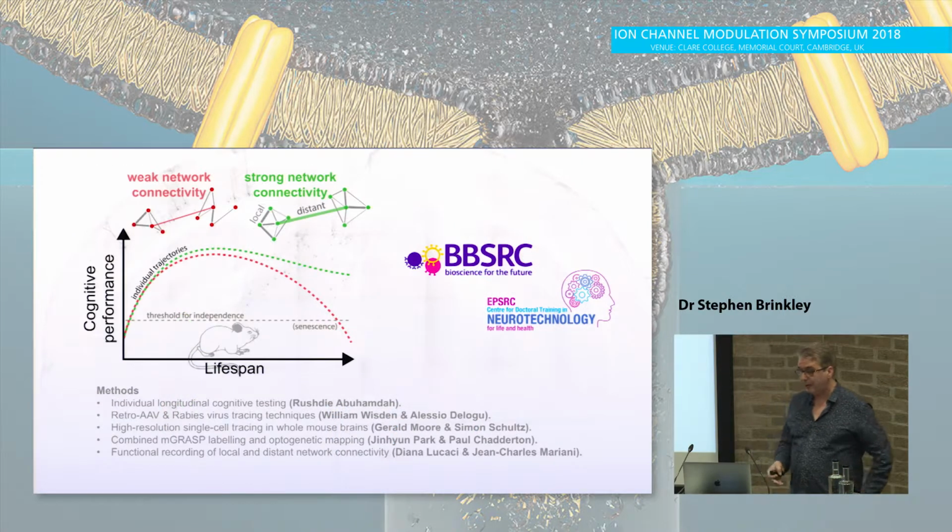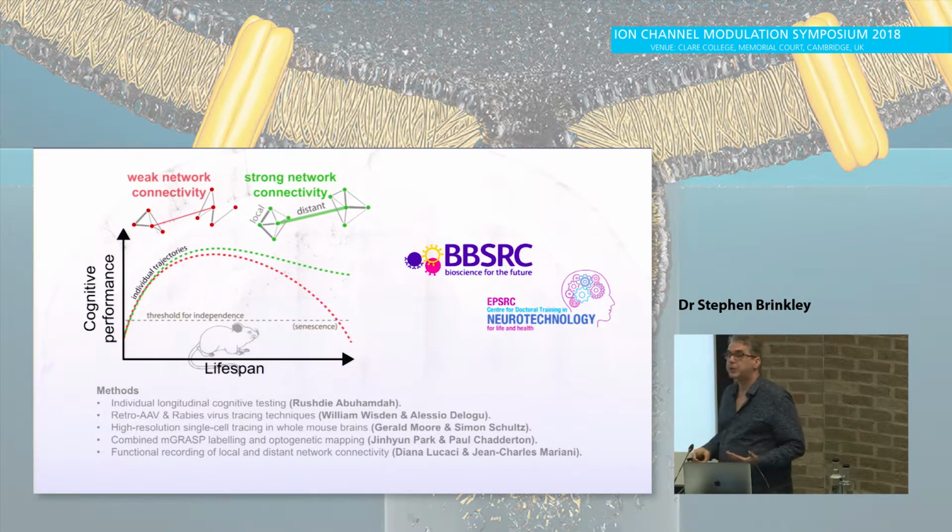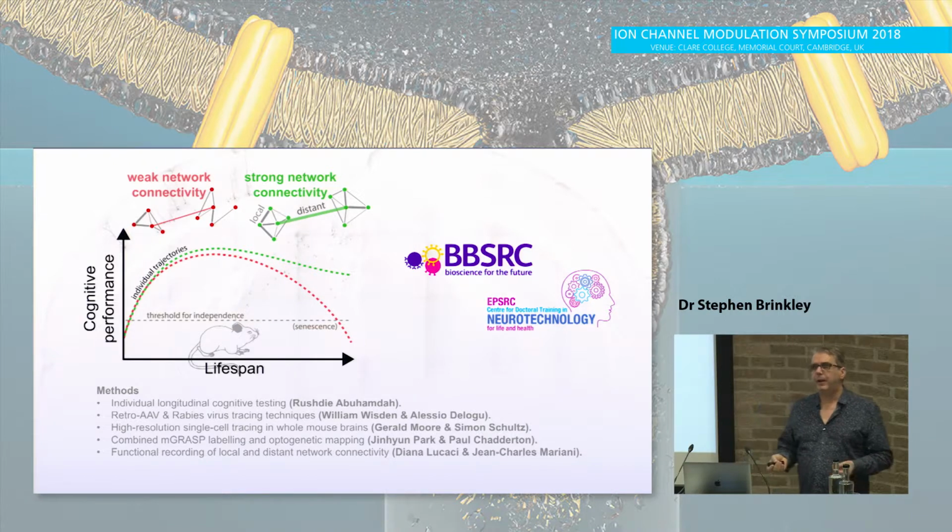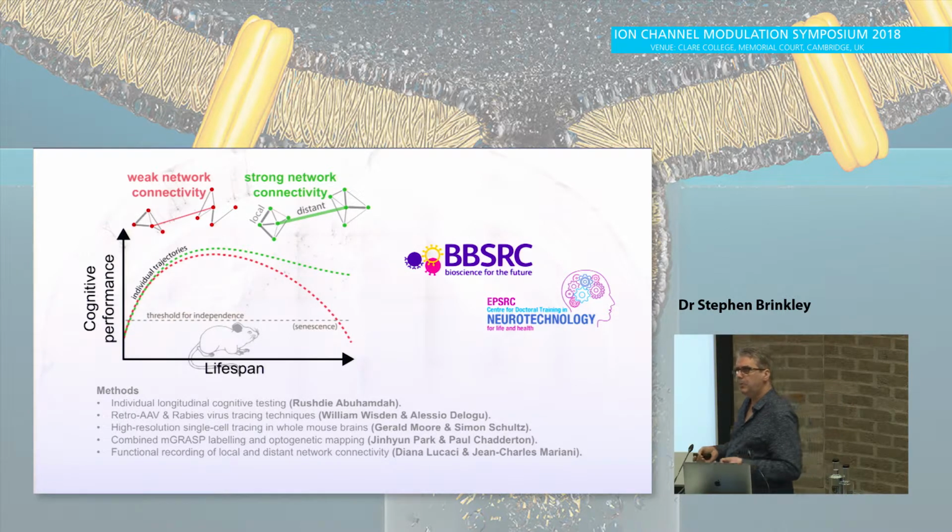So now we feel we're in a position to go back to our longitudinal data. What are we going to do with the animals that we've identified as good learners or bad learners? We're going to first of all look at their brain morphology to see if there are certain brain regions that would change more than others. We're expecting a PFC effect, but we don't know if there will be. And then we're going to do this mGRASP between PFC to PFC connections. And that's what's changing in those human BOLD studies. PFC to PFC connections are probably what you might guess could be changing in those BOLD studies, which show this de-differentiation across the two halves of the PFC.